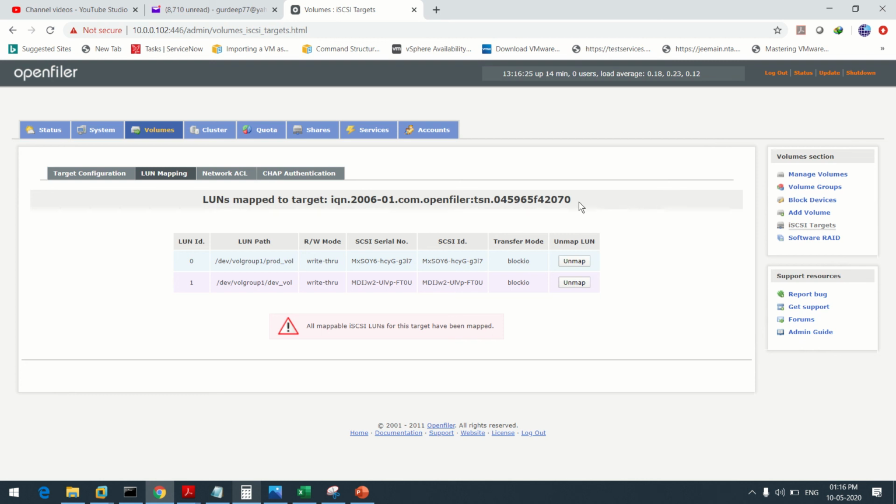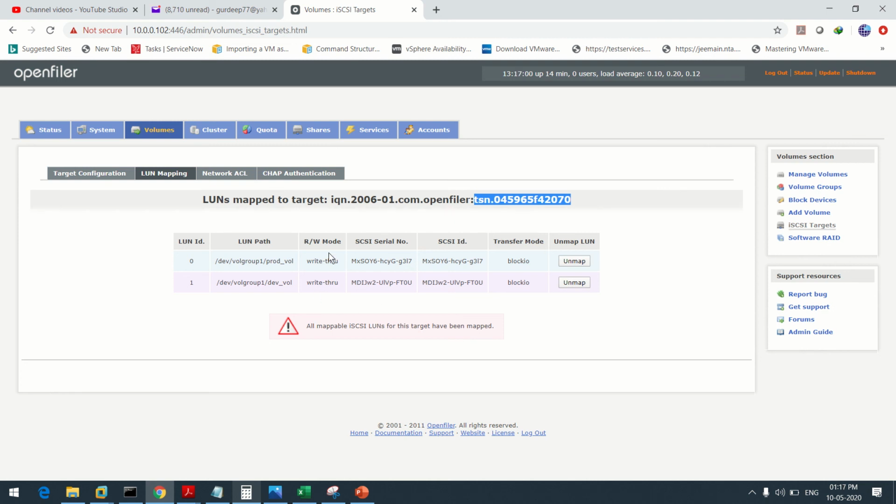So it's good enough. Whenever we fetch this storage from the ESXi host, we will be presented with this IQN number. So the IQN shows the date, then the host name, and then some random number like this. IQN is the iSCSI qualified name. Then this is the date, and the .com domain is the host name, right?